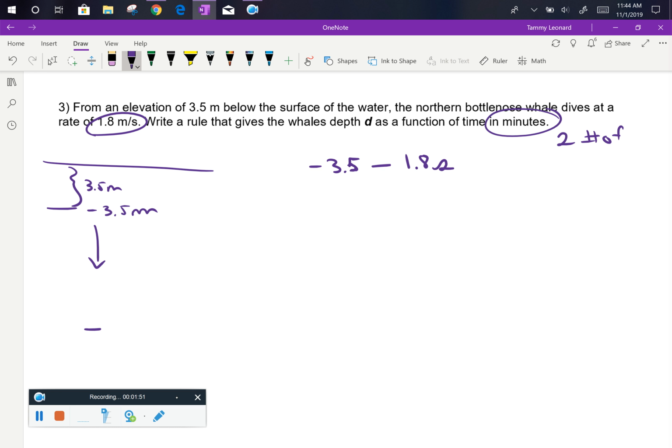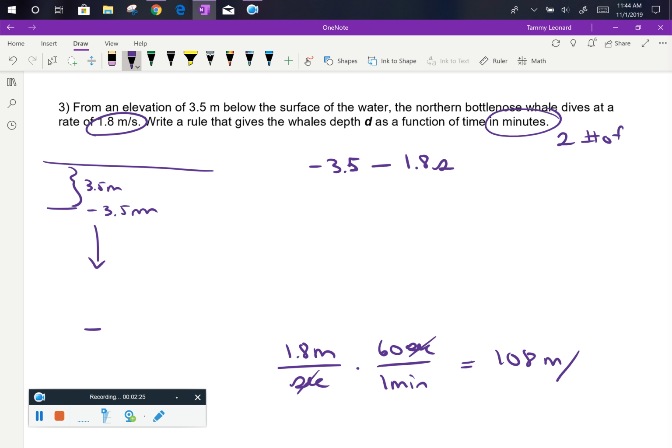Oh, but actually I'm seeing time in minutes. I wouldn't do the problem that way without converting. We're going to have to convert that rate. I don't know if that's what was really intended in the problem, but it's what's required as written. So if I have 1.8 meters per second, we know that there are 60 seconds in 1 minute. So we've got to convert that. Taking 1.8 and multiplying that by 60 seconds, we get